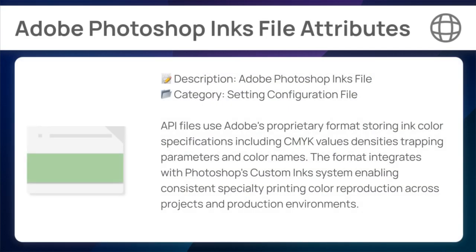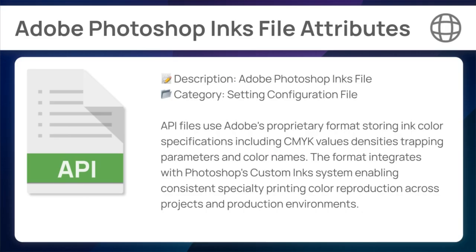API files use Adobe's proprietary format storing ink color specifications, including CMYK values, densities, trapping parameters, and color names. The format integrates with Photoshop's custom ink system, enabling consistent specialty printing color reproduction across projects and